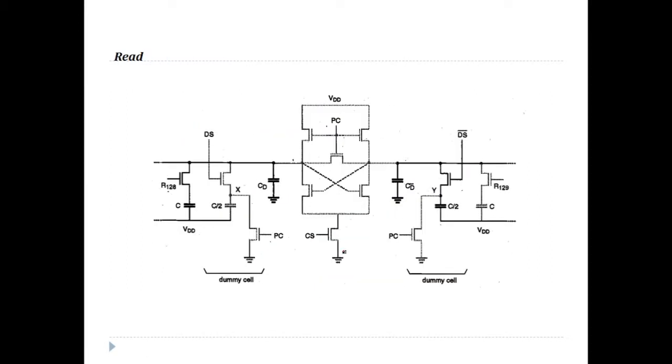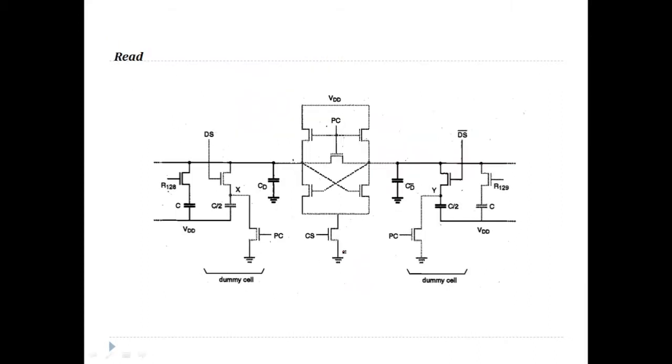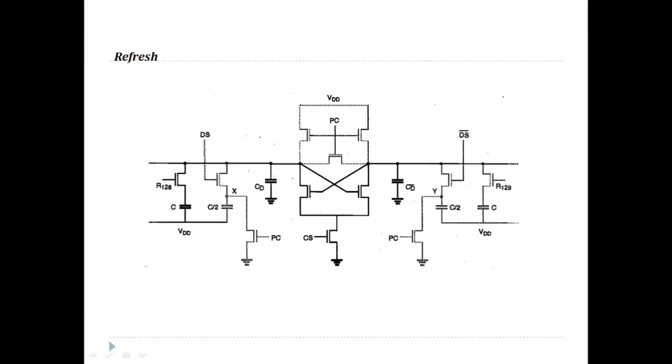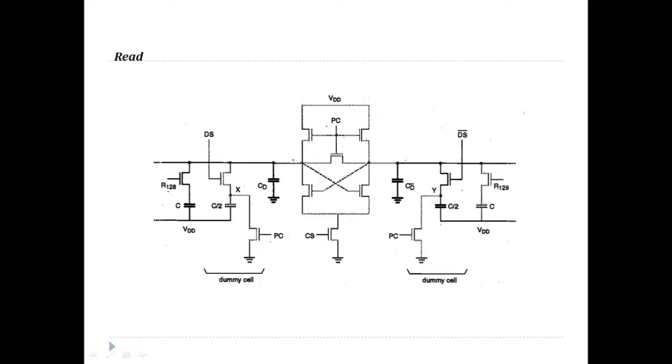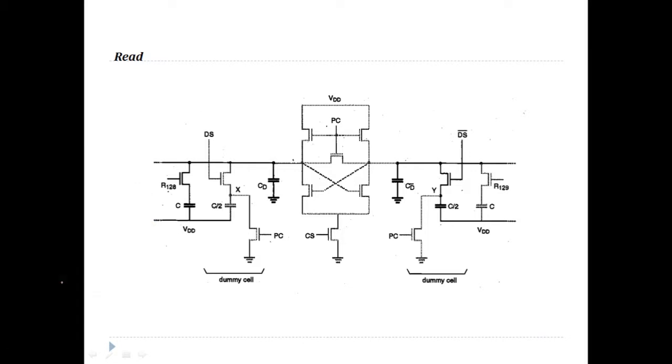So here dummy cell on the right hand side is turned on. So let's look at the read operation on R128. During the read operation, this is on, so this is selected because we have to perform a read operation on the signal. So this is on, and this is also on. Whereas this precharge is off, so these are off, all the rest of the transistors are off.